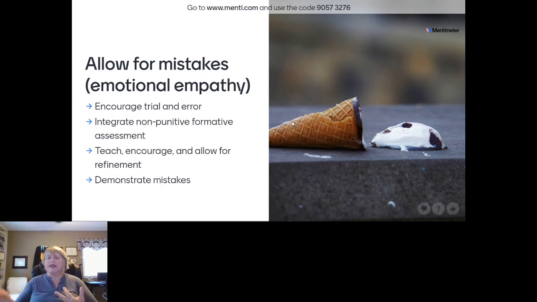Just let them practice. Teach, encourage, and allow for refinement. You have got to show them how to reflect on practice and refine it. Repeat. It's a continuous cycle of quality improvement, and we need to integrate that into everything we do. Show them that you too make mistakes. When you show them that you make mistakes and that you are real, they connect with you more and they